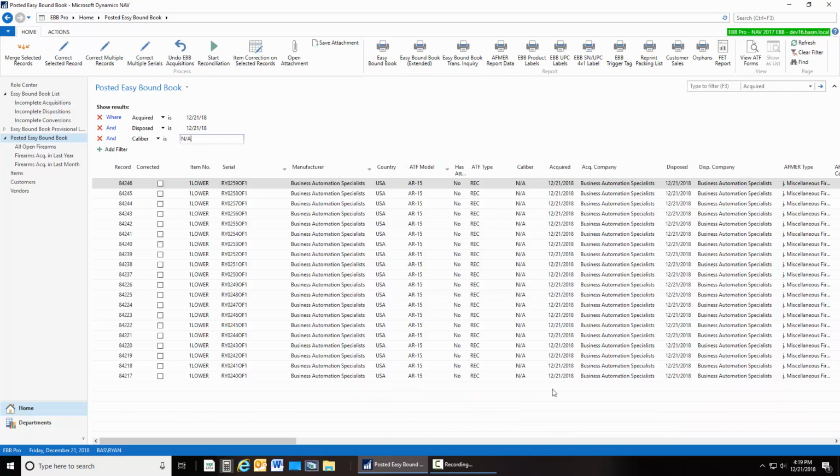So now that's filtered and sorted. Now I can use additional fields if I want to. I could say the manufacturer, I could do model, I could do caliber. I can keep adding these filters. I can do ands, I can do ranges of throughs. But this really gives you the power to very quickly and easily sort and filter your bound book